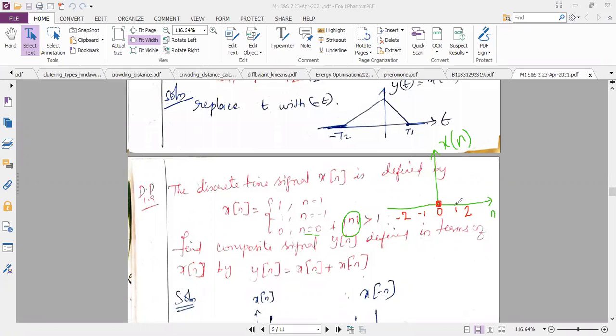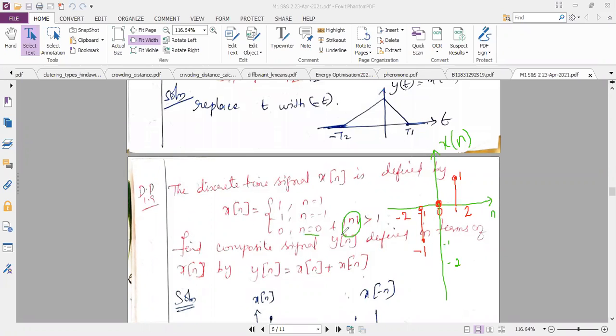And at n is equal to 1, my amplitude is 1. So I'm just making it as 1. Similarly, at n is equal to minus 1, my amplitude is minus 1. Minus 1 means you know how to show minus 1, because the y-axis bottom most part is for the minus value. So this is minus 1, minus 2 like that. So when n is equal to minus 1, my amplitude is minus 1. So please copy down this input signal as per the given data. So successfully I have drawn the input signal from the given data.